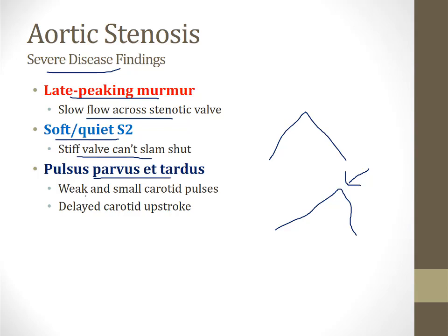Parvus et tardus means weak and small, and this means a weak and small carotid pulse. If you place your fingers on the carotid pulse of a patient with severe aortic stenosis, the carotid upstroke will be delayed and slow, and it will be relatively weak. That's a sign of very slow blood flow across a stenotic aortic valve, and that is another sign of severe